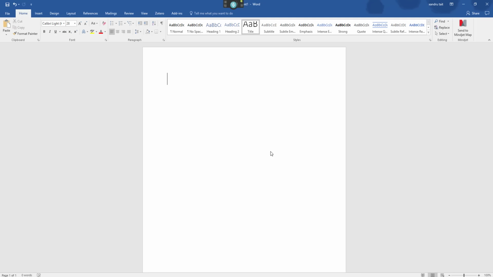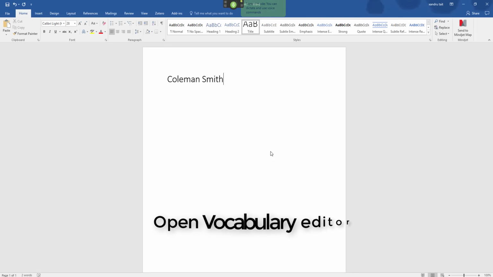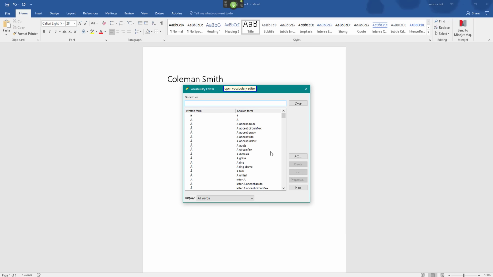Wake up. Colmote Smith. Go to sleep. Again, it's trying to spell it phonetically Coleman, but it's incorrect. And if you're doing some work on a specific name, that's going to be quite annoying. So let me show you to add that to your vocabulary. Wake up. Open vocabulary editor. Go to sleep. Now we could type it out, or there's a good chance to show you the spell mode